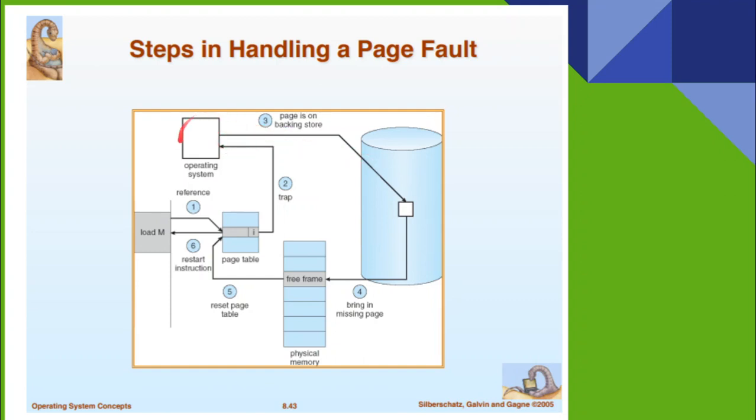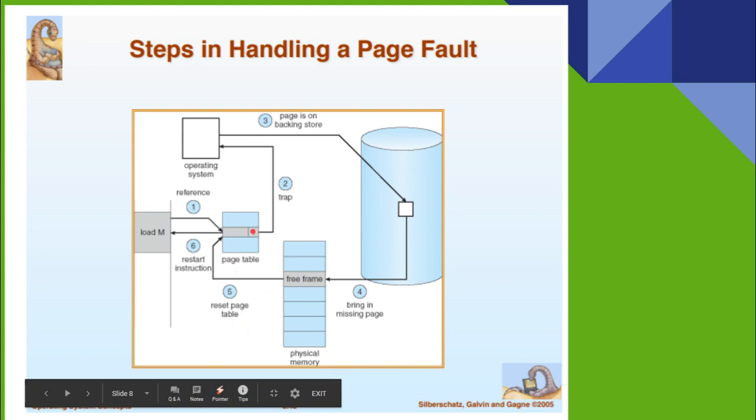So now the operating system makes an arrangement to find the page on the backing store, then makes the memory access from the backing store and brings it to the physical memory. How to bring it? First they have to find a free frame. Only a free frame can be occupied. Once the free frame is found, it is associated with the page brought from the backup, and now we have to reset the page table.